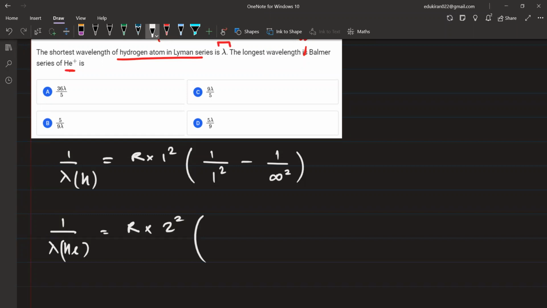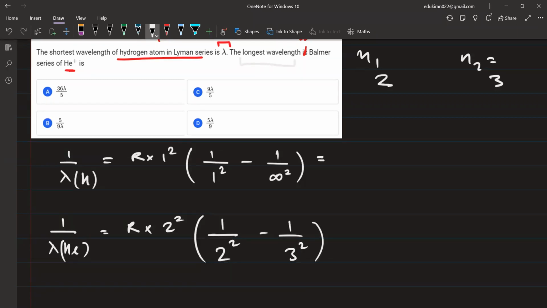2, है ना, 2. n1 will be 2 and n2 कितना हो जाएगा, n1 होगा ना 2, n2 will be, longest wavelength है, 3. n2 will be 3, है ना। तो यहाँ पे कर देंगे 1 upon 2 का स्क्वायर माइनस 1 upon 3 का स्क्वायर, राइट। 1 upon infinity तो 0 हो जाएगा, सो आई कैन राइट दिस एज, आगे सॉल्व कीजिए आप, आगे सॉल्व कीजिए थोड़ा।